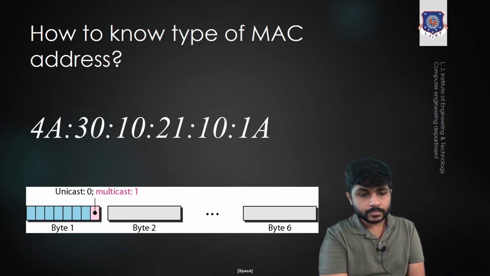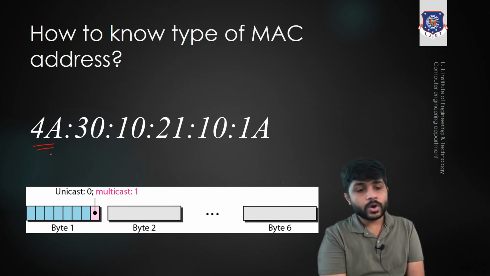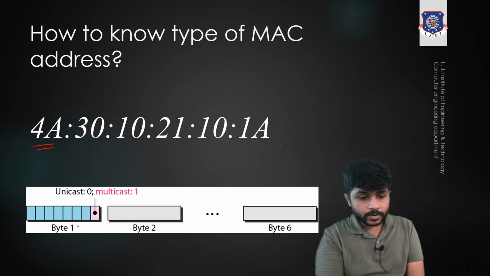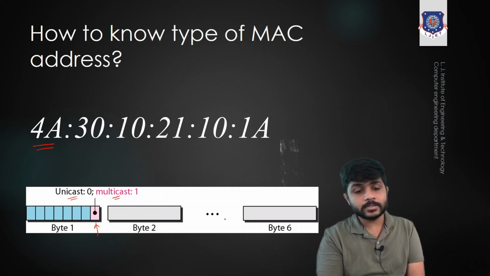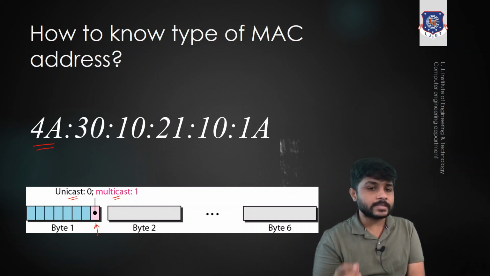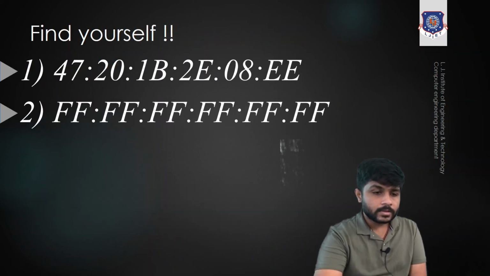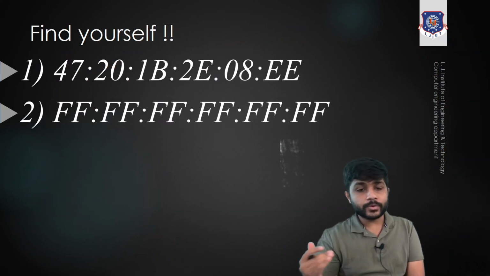Let's see. In the first byte of the MAC address, if the last bit is 0, it means the address is unicast. If the last bit is 1, it means the address is multicast. If in the MAC address all the bits are 1, it means that MAC address is the broadcast MAC address. And this is the MAC address. You have to find whether it is a